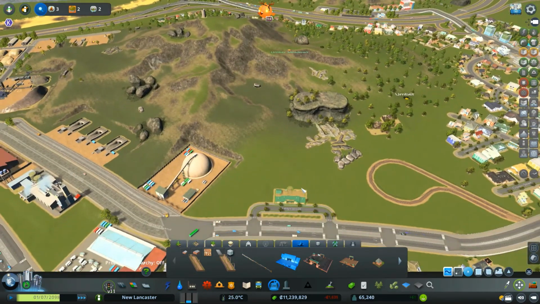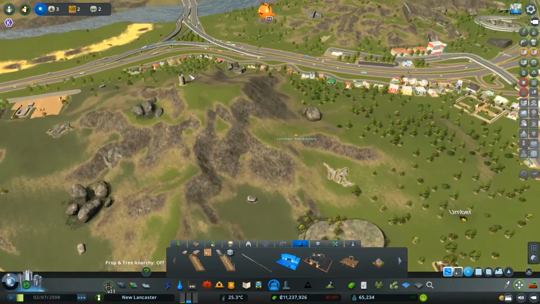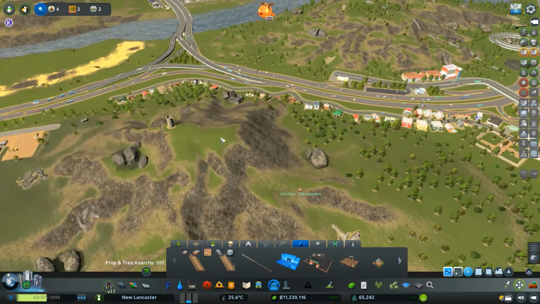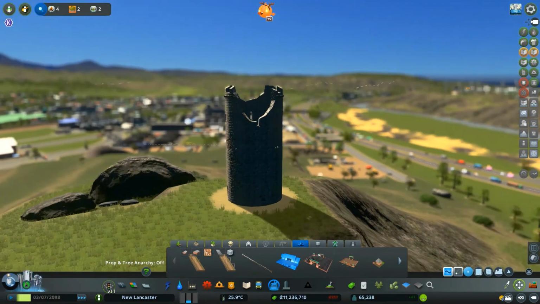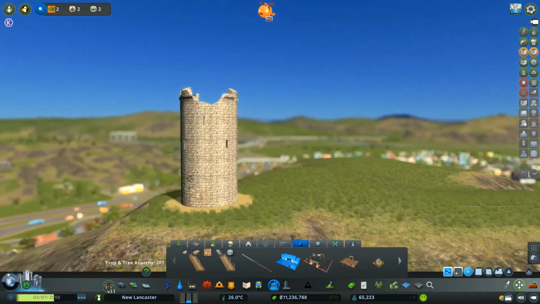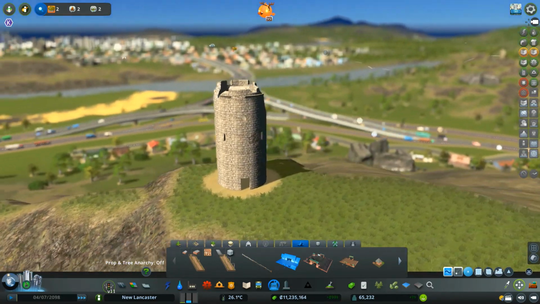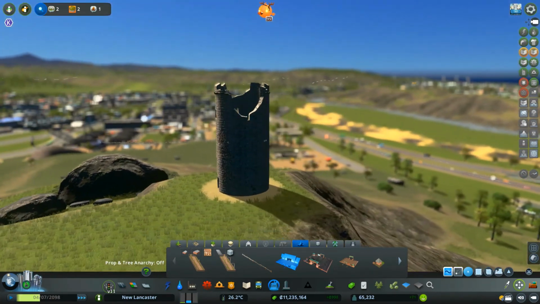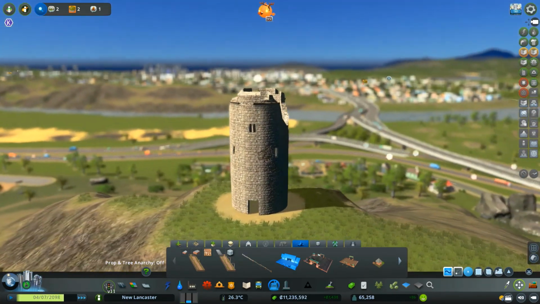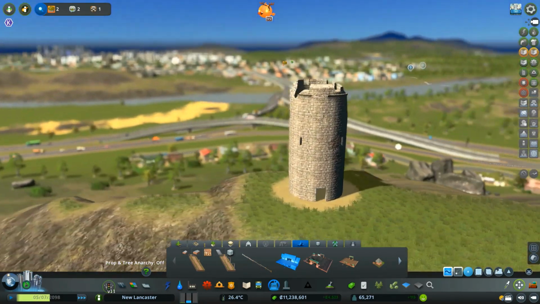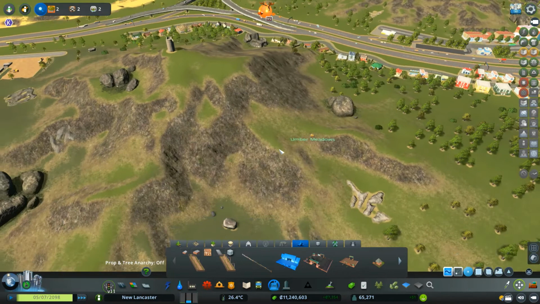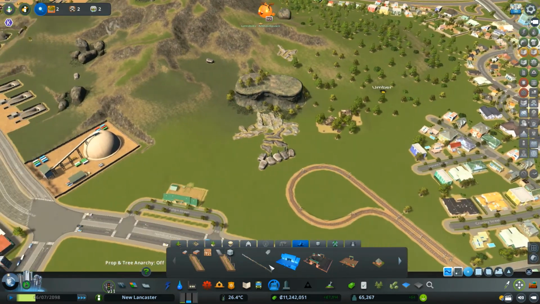What we're going to get is some walking paths all the way up here, up to this tower, New Lancaster Tower. There are a few of these towers on the East Coast. I think one of them is called Newport Tower in Newport, Connecticut. Really neat to look up. Some people believe the Templars built it, but it looks very similar to this, which is funny. So that's what we'll call it, New Lancaster Tower.